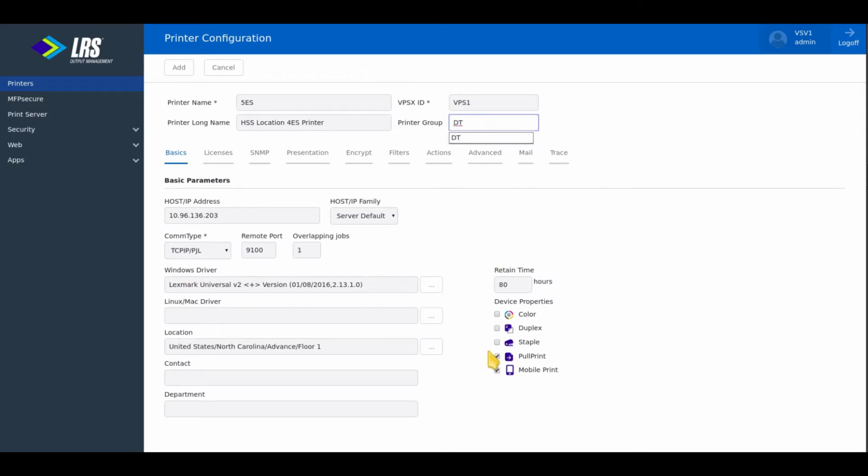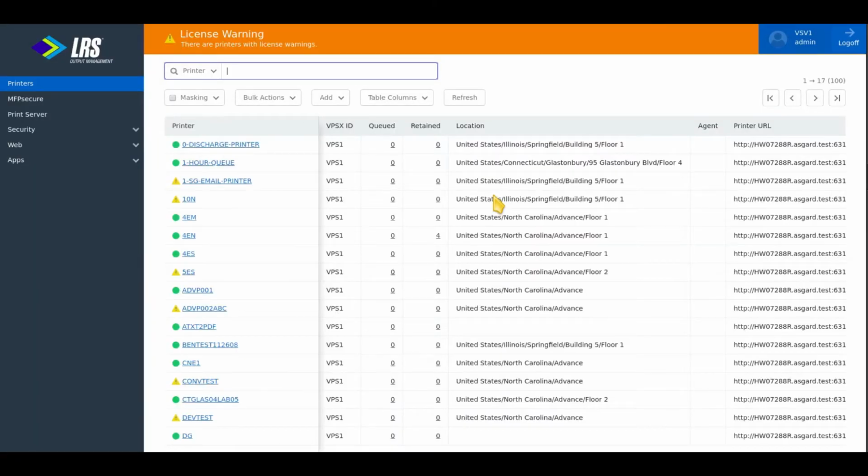As you can see, all the settings from the previous print queue have been carried over, including the driver and my checkboxes here, mobile print and pull print. If this, for instance, was a color printer, I would want to check this box and modify any other settings and click Add. Now what I'm looking at is